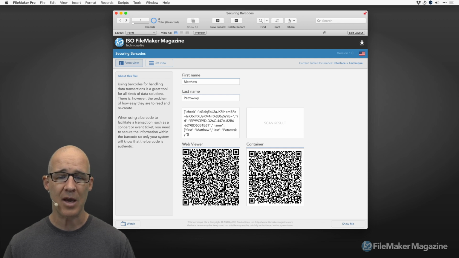We're taking a look at being able to have information in the barcode, but also being able to secure that against the information in your database so that you know that nothing was modified about the barcode or what the barcode contains. So first we need to have a barcode in our FileMaker system, something that will generate a barcode,